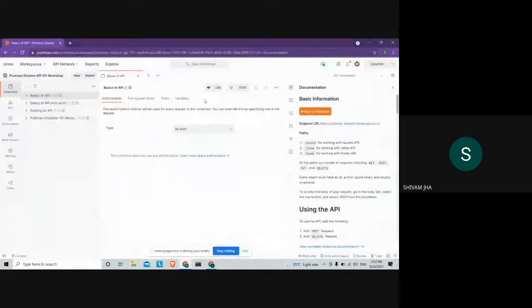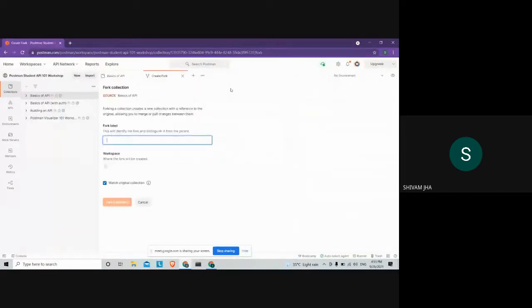Okay. So please everyone click here on this fork button and create a fork.